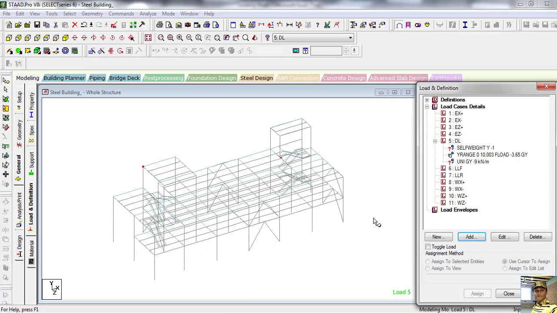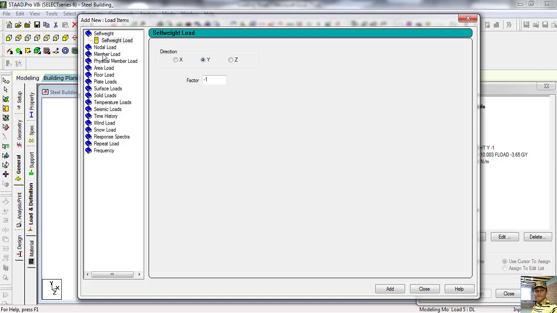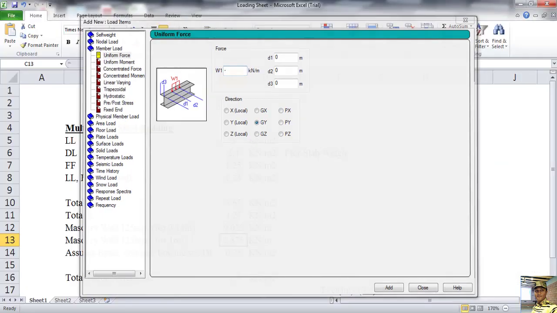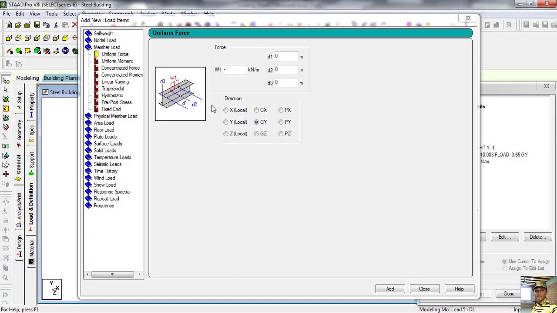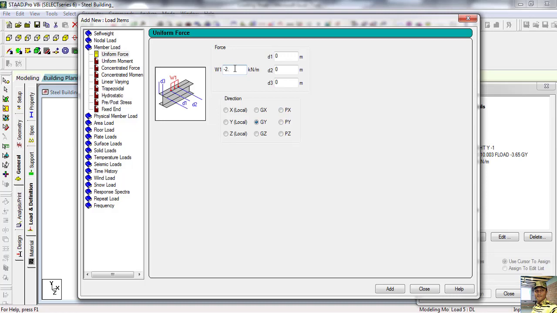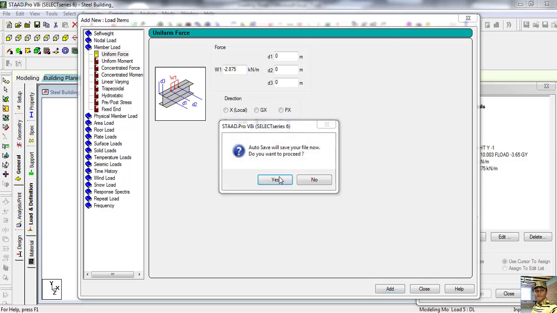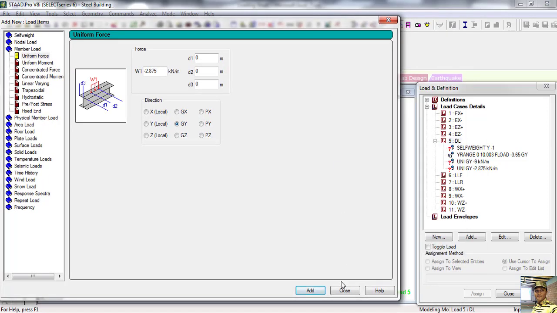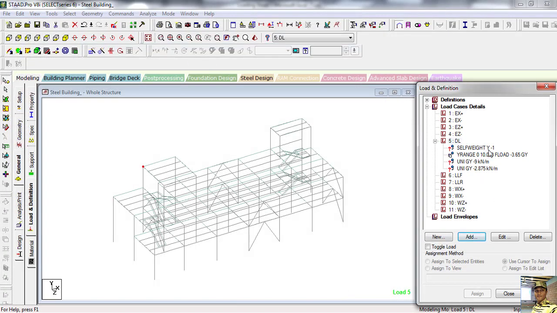So define this dead load at member load minus 2.875. Add. Close.